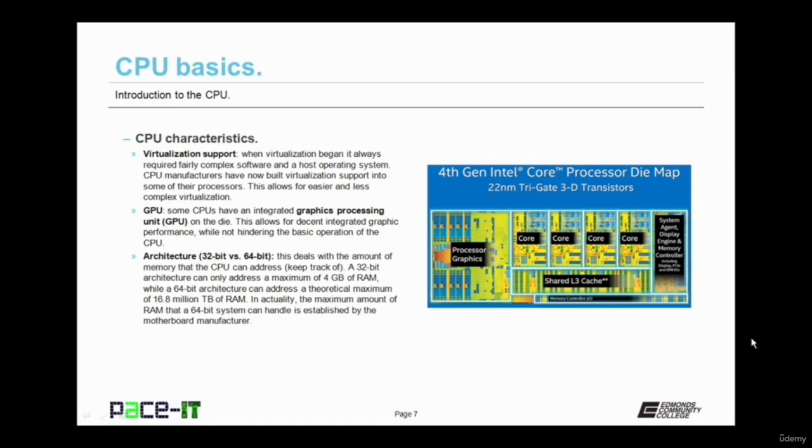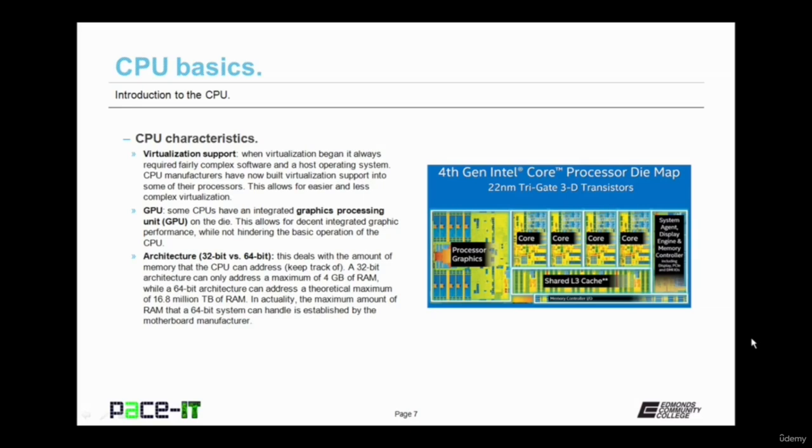Last but not least under the CPU basics is the architecture. Now this is either 32-bit or 64-bit. This deals with the amount of memory that a CPU can address, that is, keep track of. A CPU that has a 32-bit architecture can only address a maximum of 4 gigabytes of RAM, while a CPU